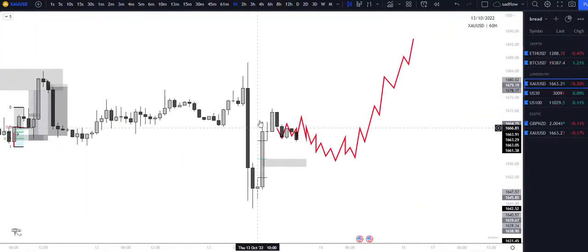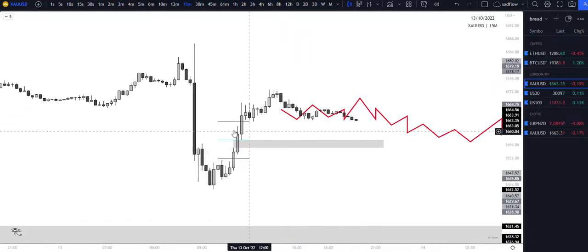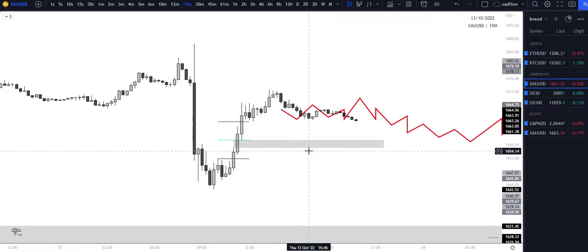Meaning, if price continues to make lower highs and lower lows and grinds down, creating that buy side liquidity we're looking for as it comes into this hourly fair value gap, as well as this 15-minute candle before, we see that break to the upside right here, this 15-minute fair value gap that I have right here after this liquidity raid to the downside. If it shows that quote-unquote creek type of behavior,